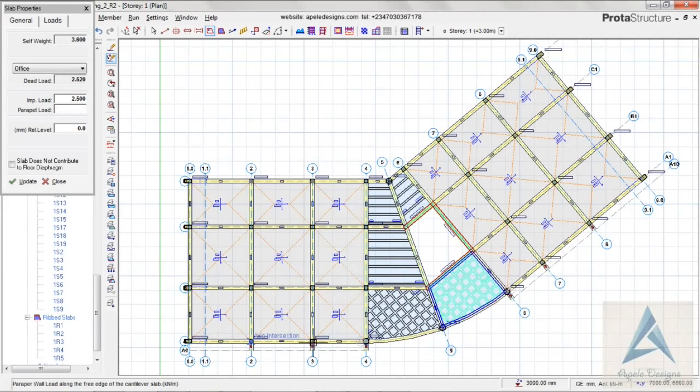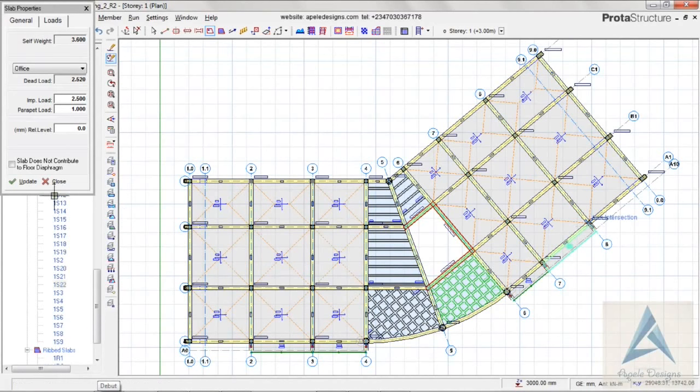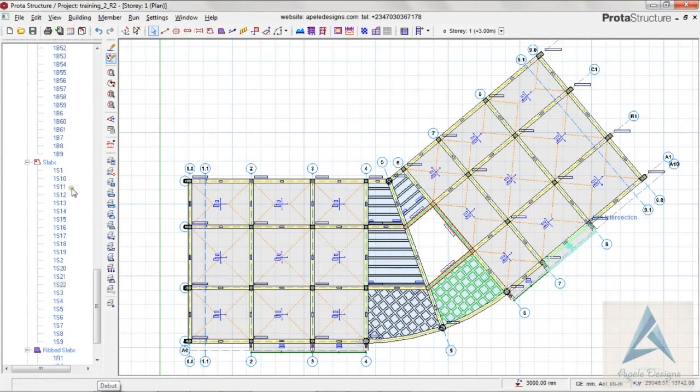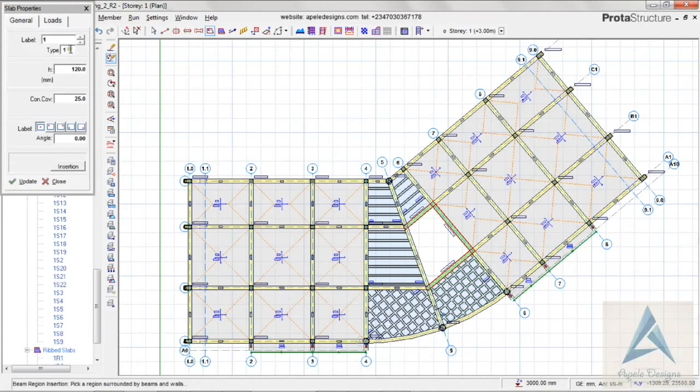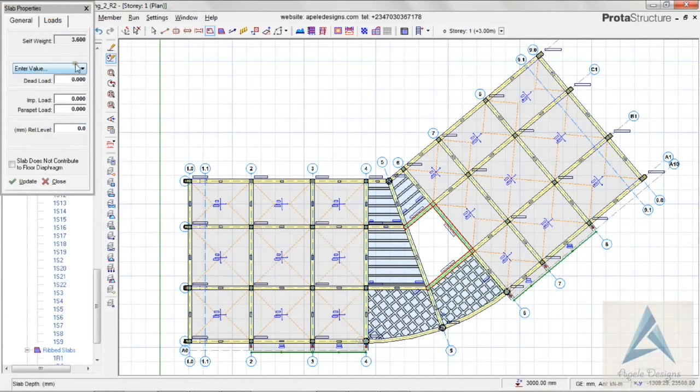1, 2, 1, 2, 1, 2, 1, 2, and let's close this. Deselect, start it again, the same process. 12, 150, loads, office,